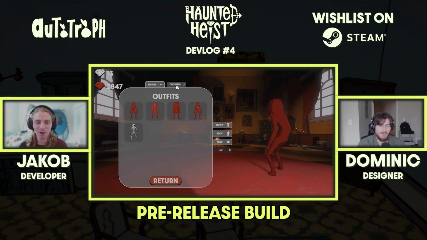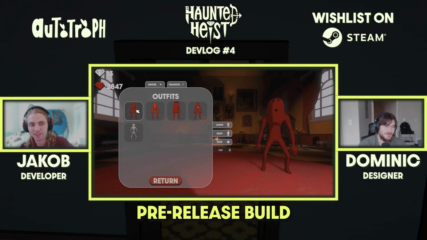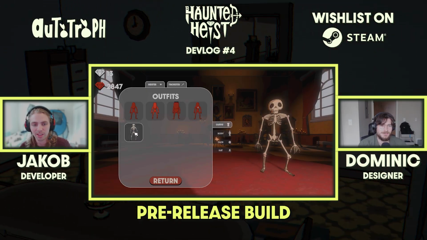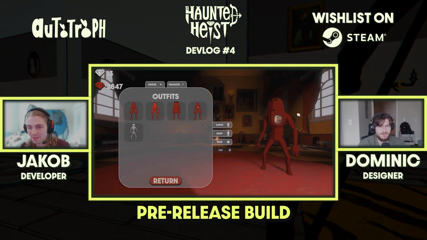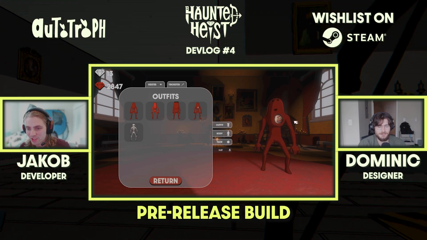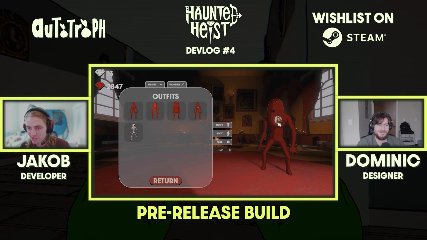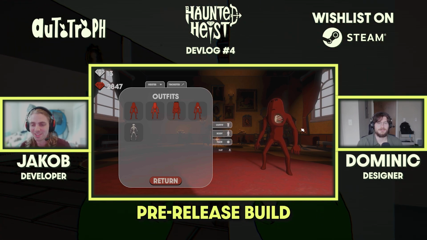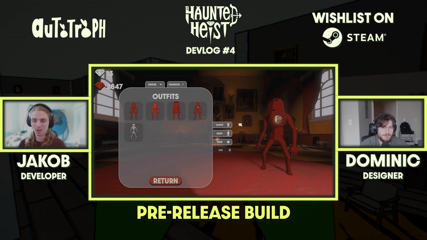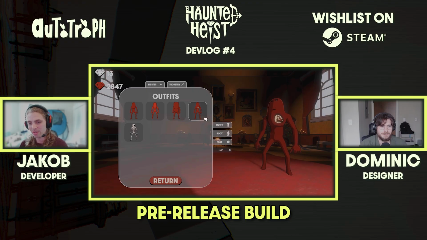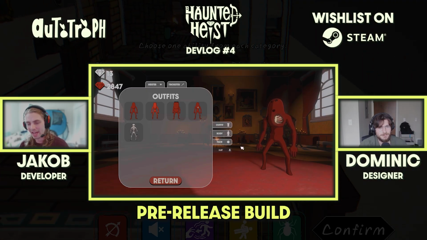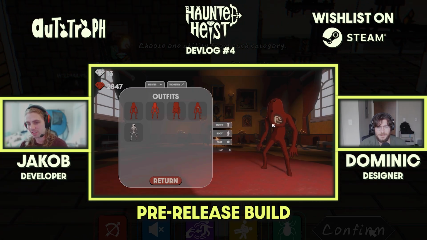So if we pop over to Trickster, it's pretty similar. We can click through and see all these different things. This is actually a cool demonstration of the outfit system too, because you can see the Trickster's heart beating in his chest with this outfit. Because of the way the system works, we basically just have this skeleton and these are all meshes on top of it, but you can even just add extra